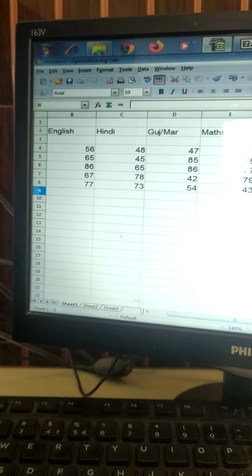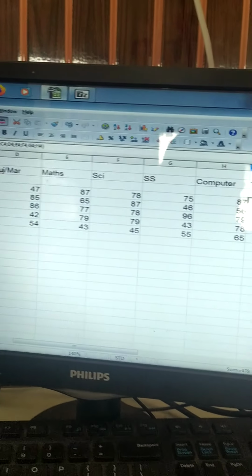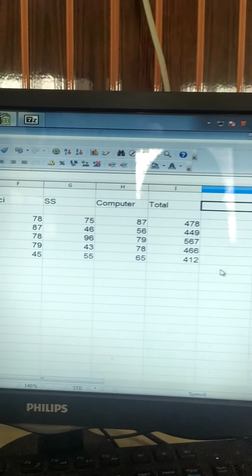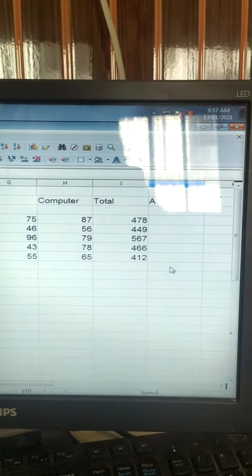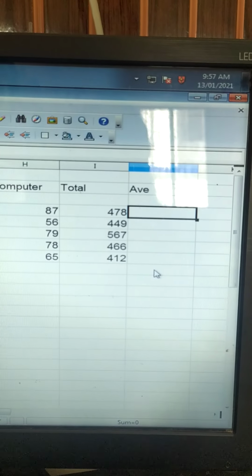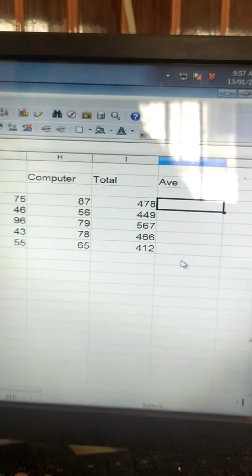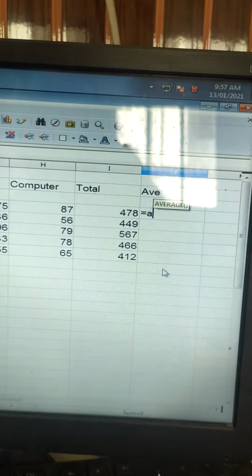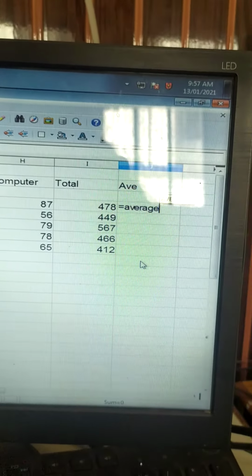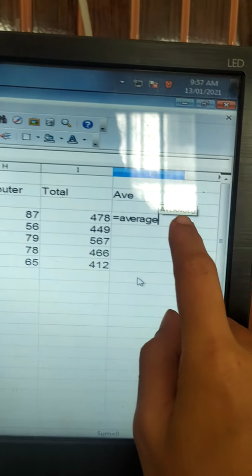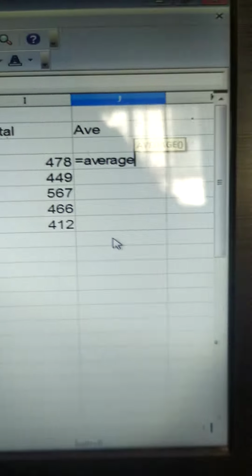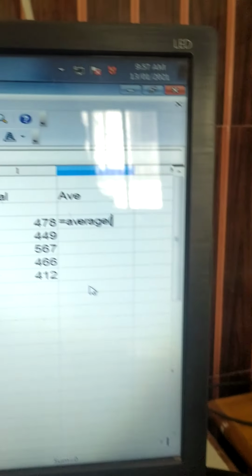Now this was about sum. If you want to suppose calculate the average, so how will you do that? Average, इसका फॉर्मूला है equal to AVERAGE, average in round brackets. See over here, यहाँ पे पहले से आ रहा है AVERAGE and then in round bracket.